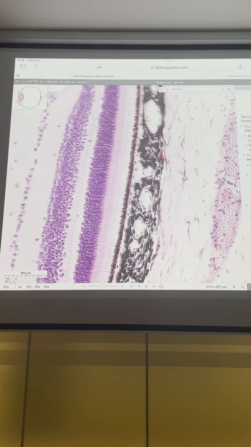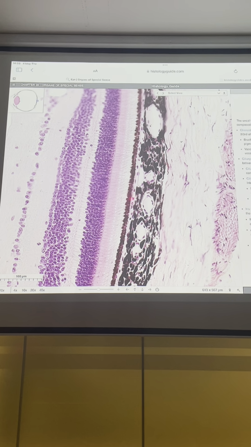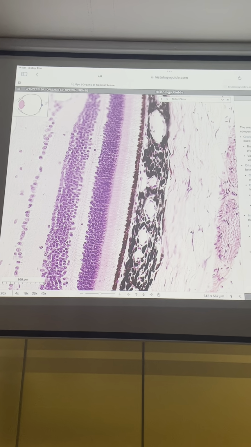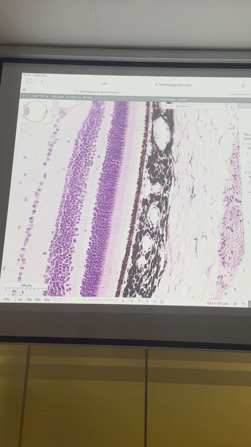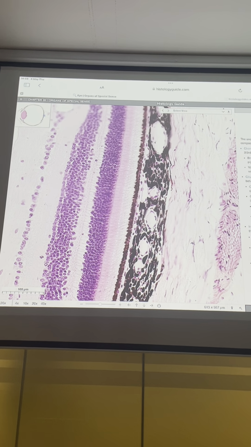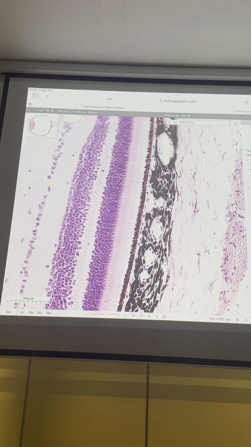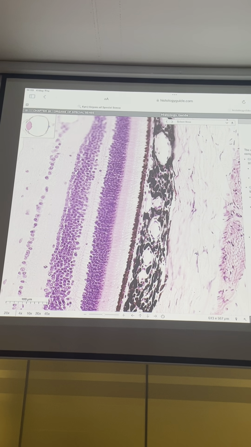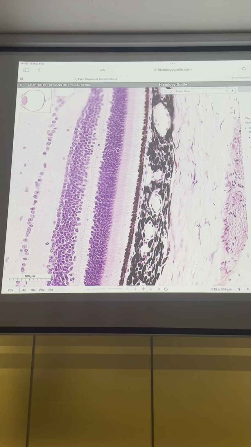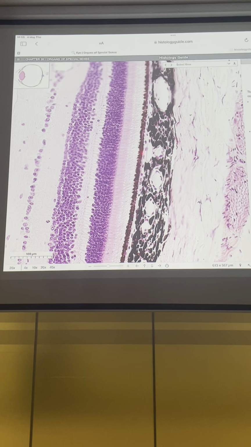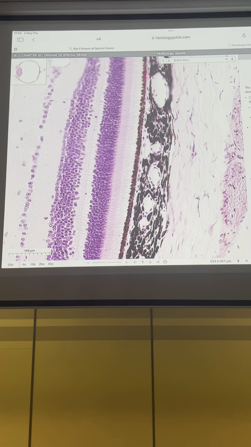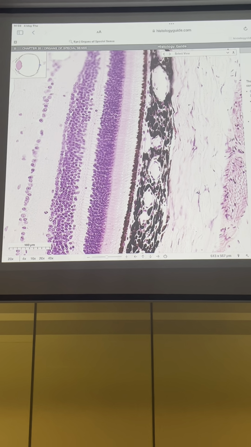Between the choroid and the retina, we have a basement membrane. This basement membrane separates the pigmented epithelium of the retina, this part, from the outer choroid, and is known as the Bruch membrane. Here you can see this part. In this part we have the Bruch membrane. This Bruch membrane actually